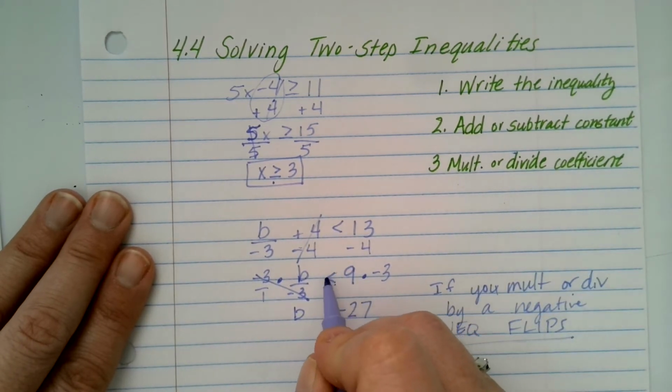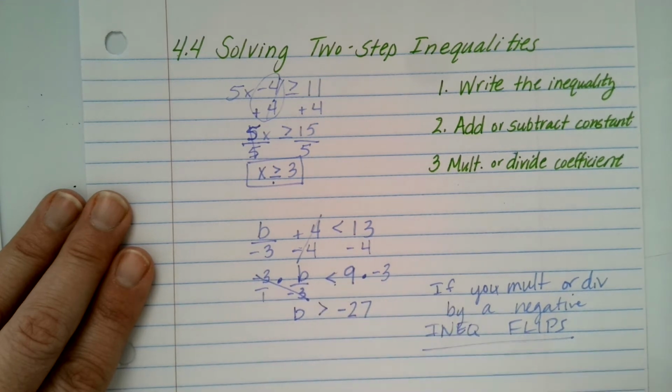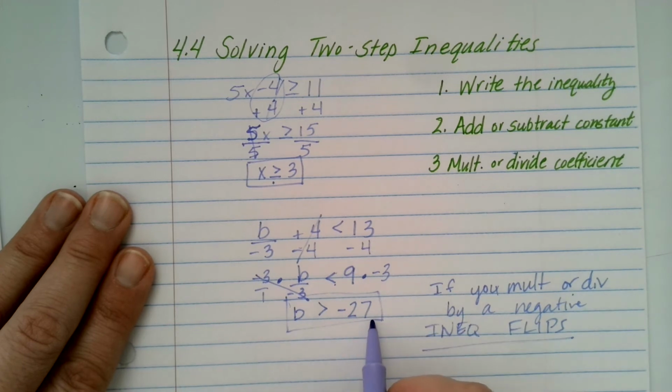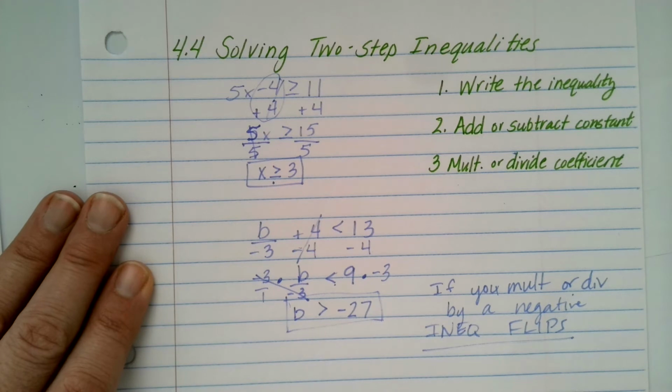Okay, so instead of pointing that direction, it's going to point the opposite direction. So this is our solution. Any number greater than negative 27 would work for a possible value for b. All right,